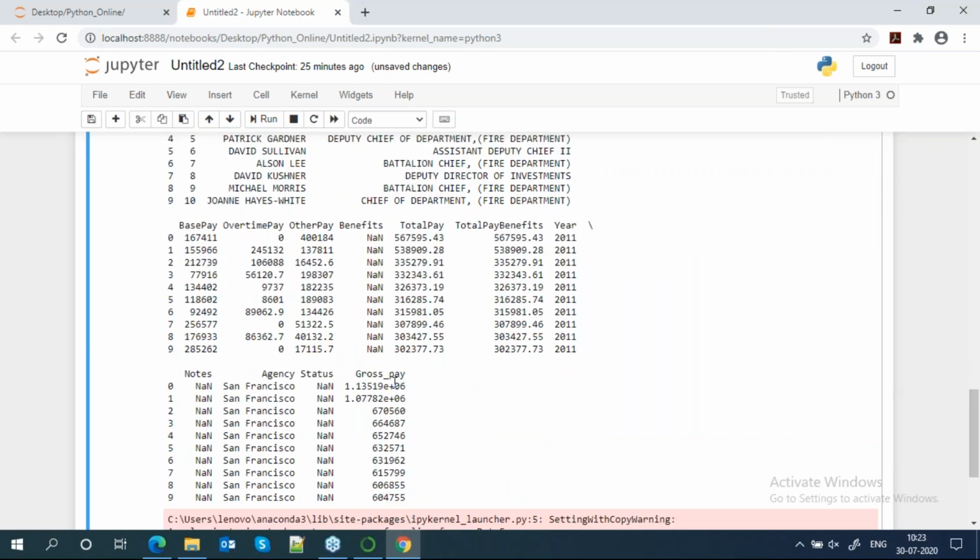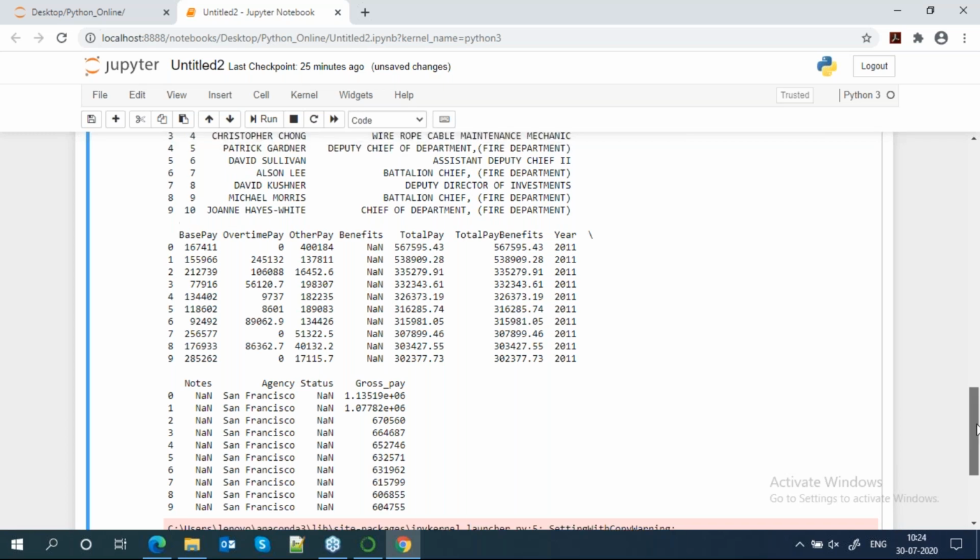You can see that we have a new column, gross pay, with whatever calculation you do, a combination of all like total benefits. So we created a new column, gross pay.